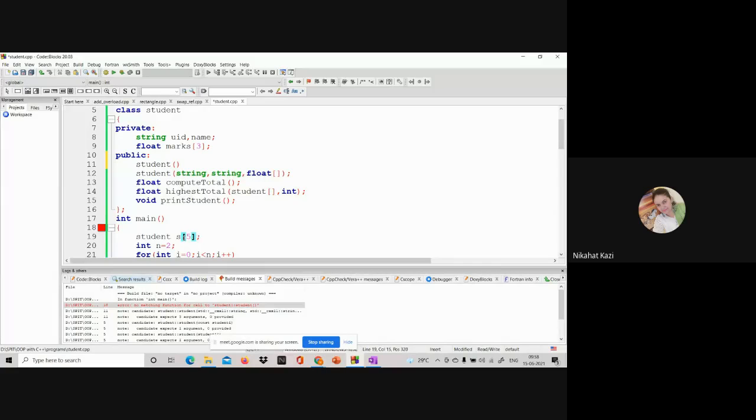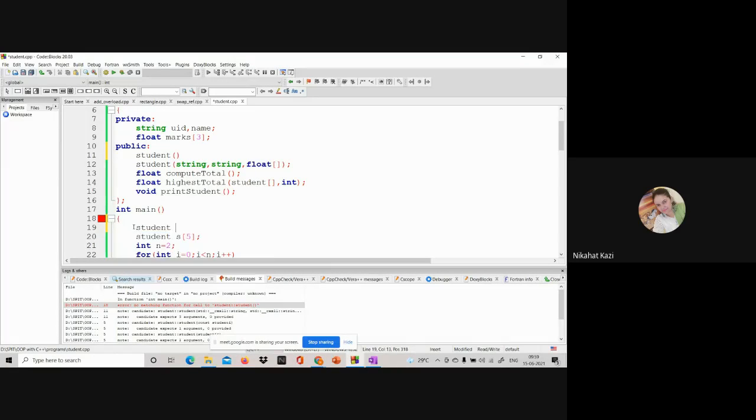If I have something like student S1, or any array which I'm creating, since I'm not passing the values there itself, it is looking for this no argument constructor.